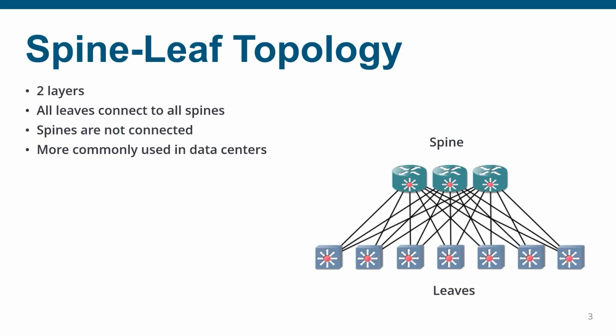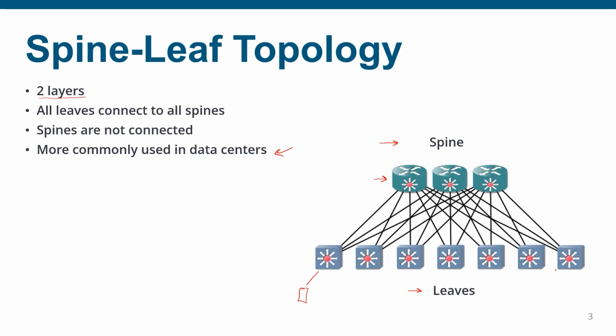First up, let's take a look at the spine and leaf topology. You may have heard of spine and leaf before. This is very common for data centers. This is a two-tier or two-layer topology. As we see on the right here, we have the spine up top and the leaves at the bottom, where the leaves would connect to servers or other end devices, and the spines up here are your aggregation between all of them. It's important to note that the spines are not directly connected, and that each leaf connects to all